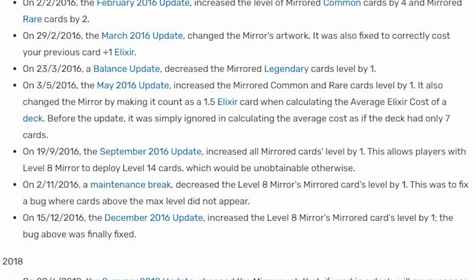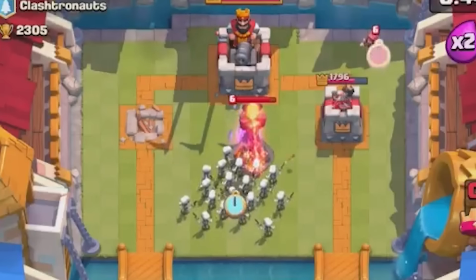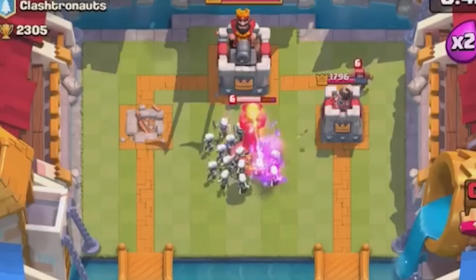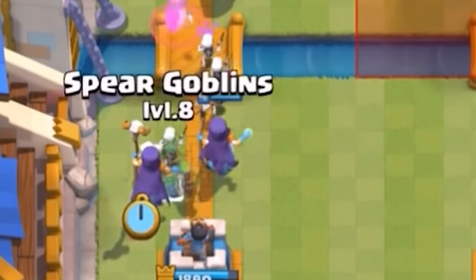When I was reading through the history of these balance changes, it certainly seems like the card was dead from day 1, but there's important context we need to consider here. Part of it definitely is contributed to players just not having the knowledge to utilize the power of stronger cards. But there was actually a major bug with the mirror that made it quite stronger at the time, which I